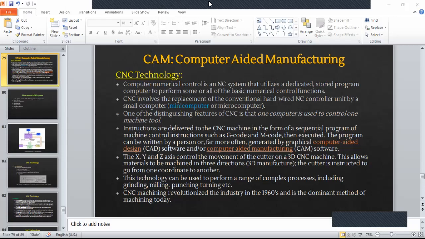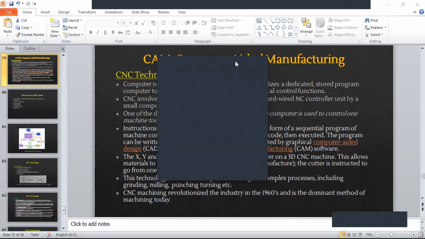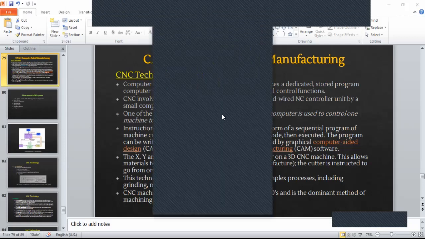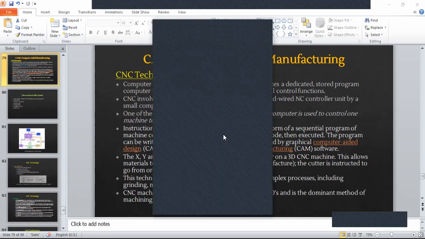Clear? Or do we have doubts? Because we discussed a lot in this slide, right? No, okay.